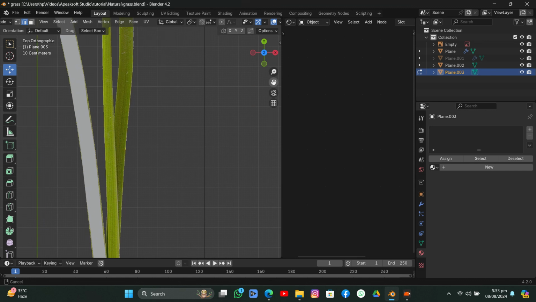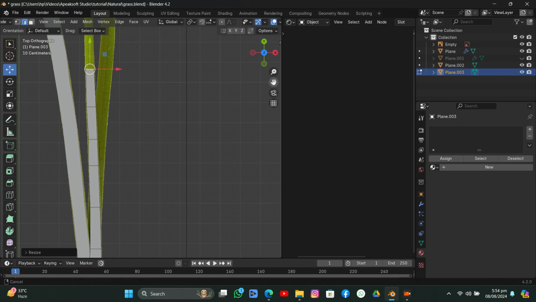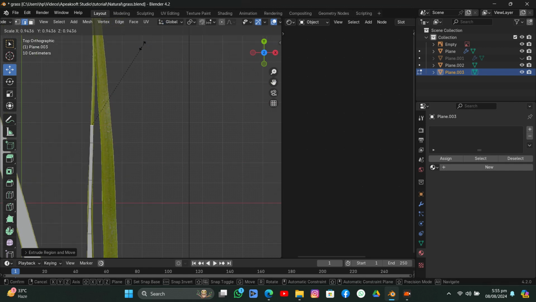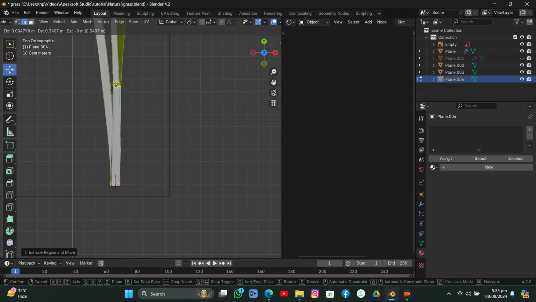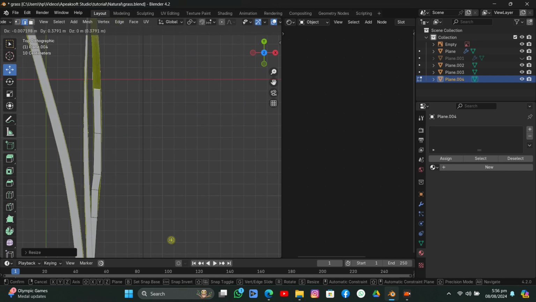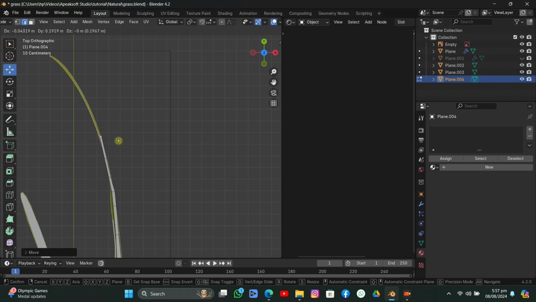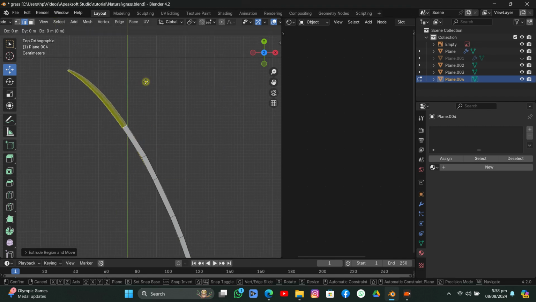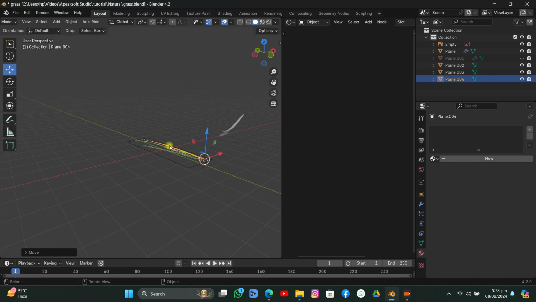Hit E, extrude it. And first of all, let's just go to top axis